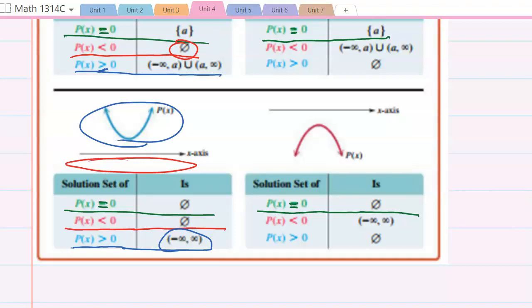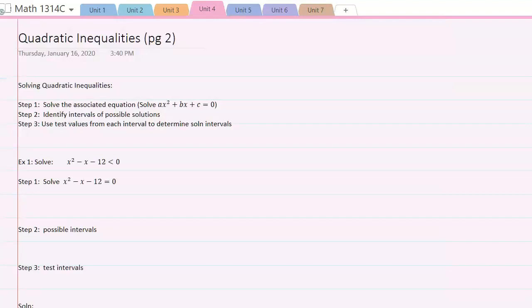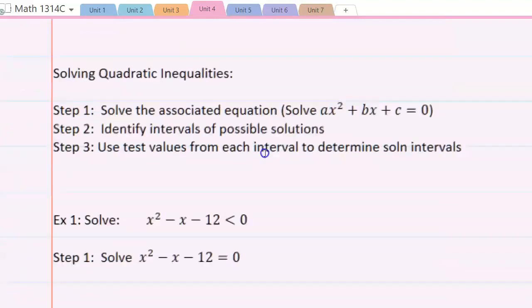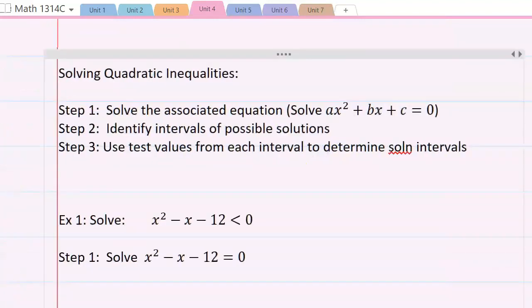Let's talk about solving quadratic inequalities. There are 3 steps to solving these inequalities. The first step is to solve the associated equation. In our case, this means you need to solve the quadratic equation of ax squared plus bx plus c is